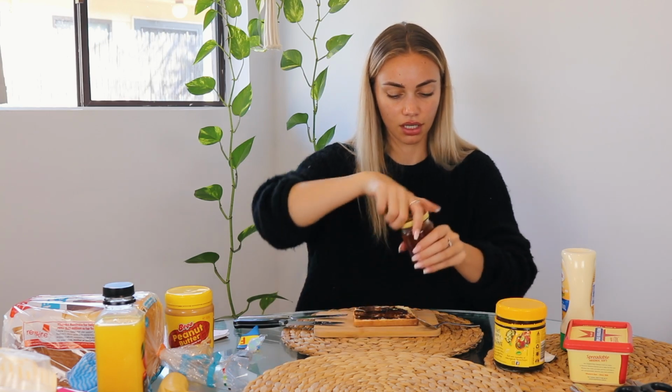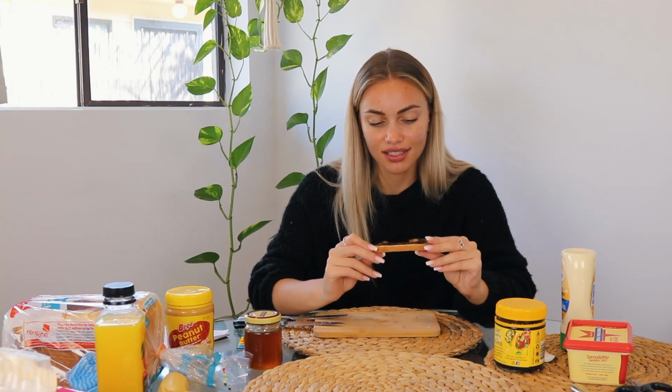All right, and we've got the honey. So what it looks like. It's just like sugary Vegemite. It's not bad, it's not great either. I wouldn't go out of my way to have this for breakfast in the morning. If I'm craving Vegemite, I just crave Vegemite. I don't want it to be sweet. So I don't know when I would ever feel like this combination, but